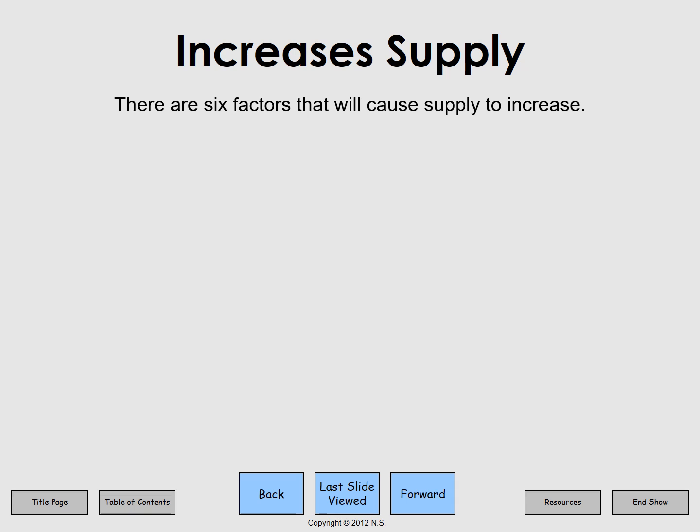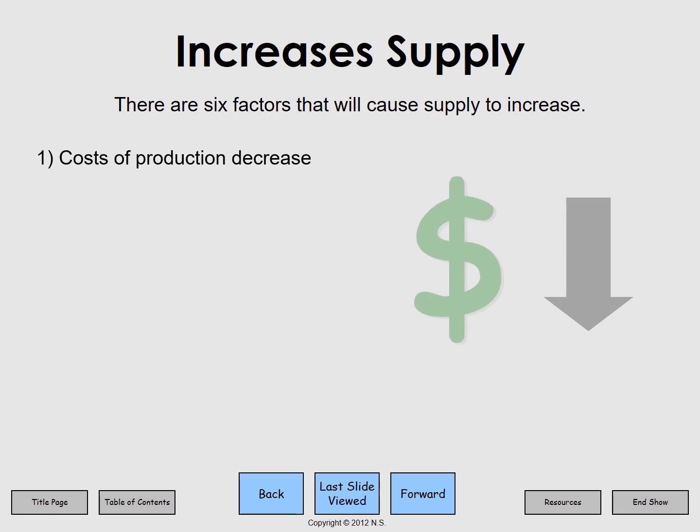Alright, there's going to be different things that cause an increase in supply. These are good things that are going to happen. Positive things, so that you, the producer, you, the lemonade salesman, are going to have good things happen for you, and will shift that line to the right. The first one is the